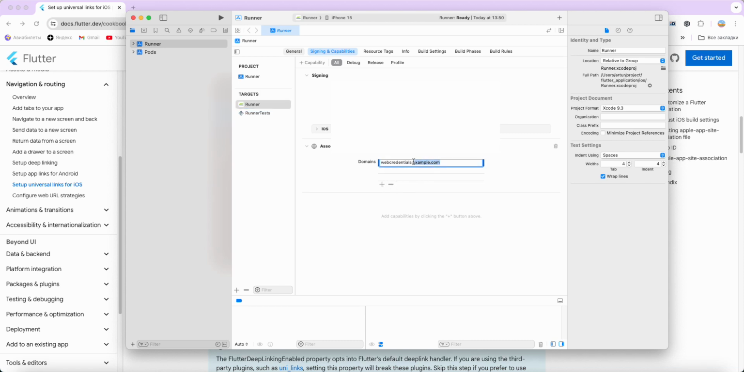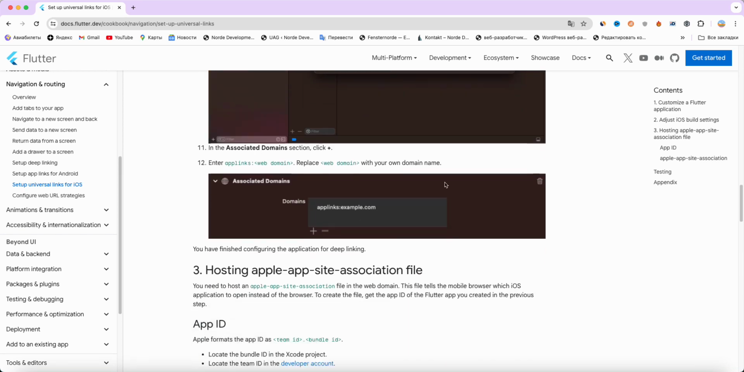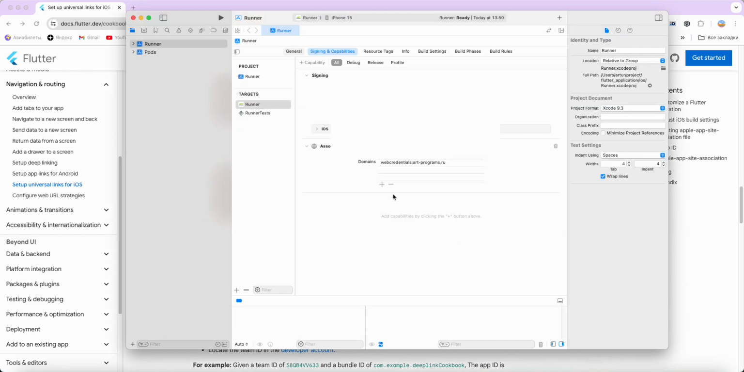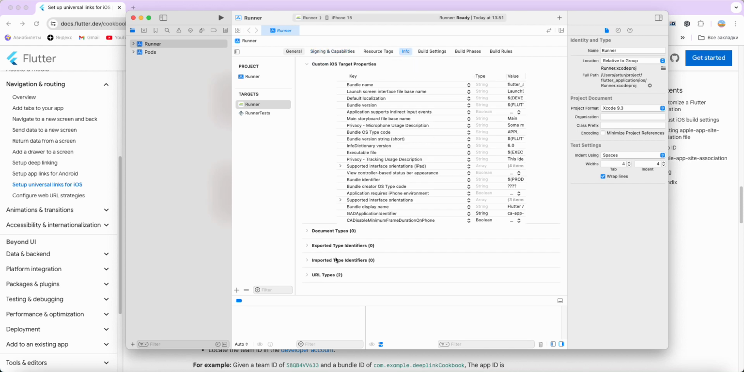Add domain, write artprograms.ru, then we add applinks, save. Now we open Info.plist,